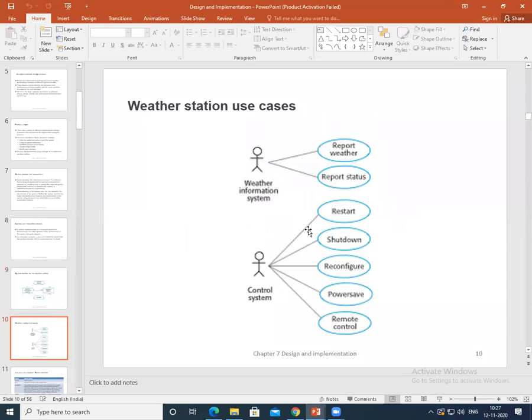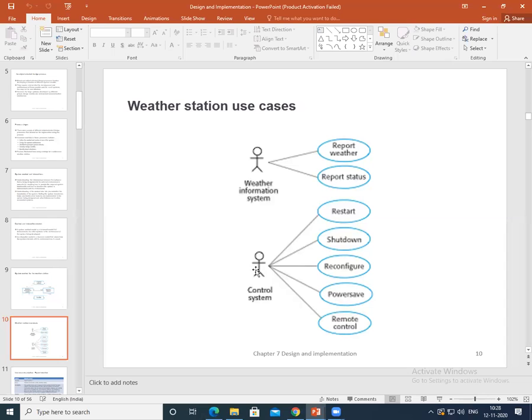The weather station use cases. As you can see here, several use cases are connected with the actors. So what is the actor? The person who gives the information on the weather information system is an actor. What all use cases is he related with? Report weather, report status.